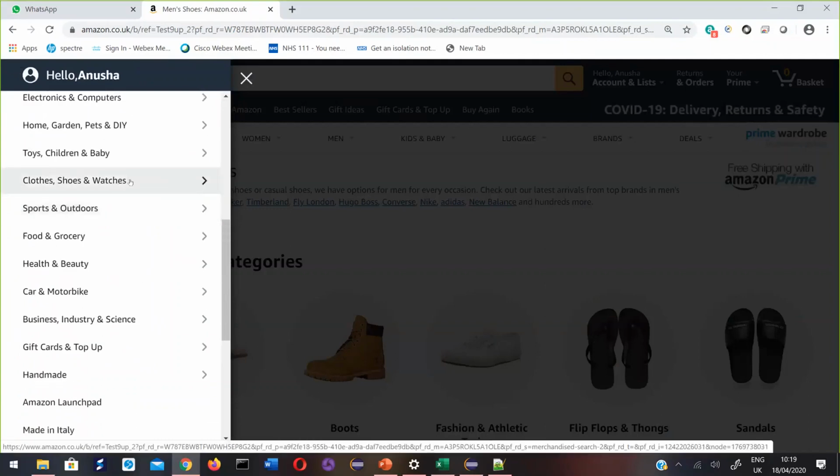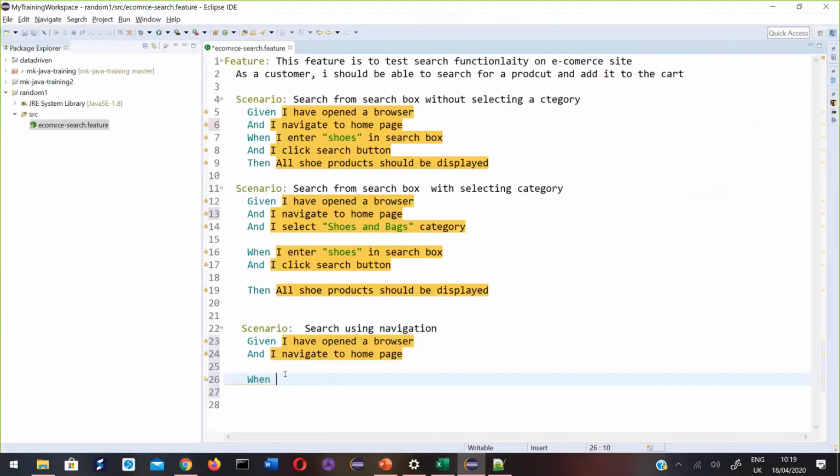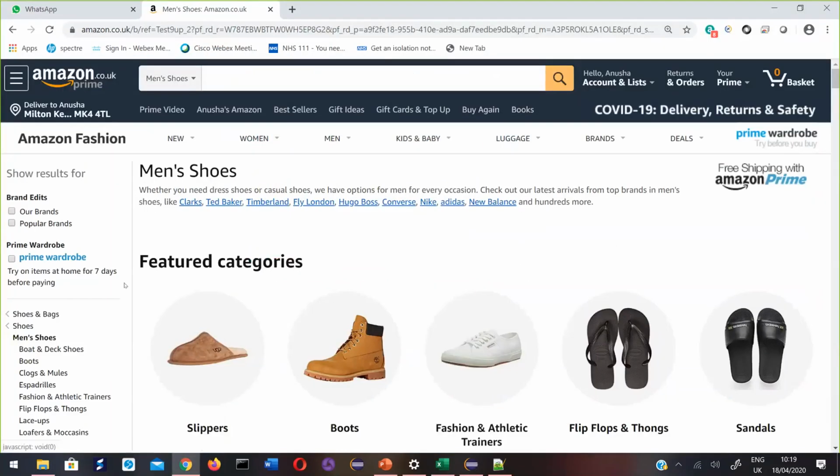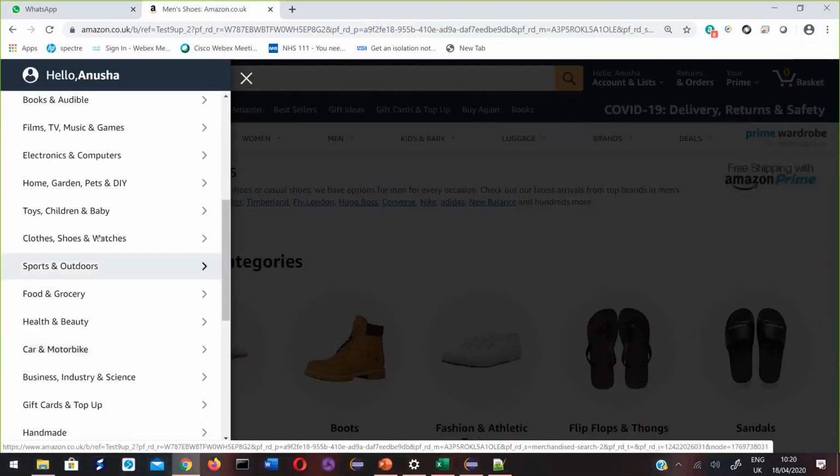Okay, this one, right? And I open left navigation menu, then I select clothes, shoes and watches.